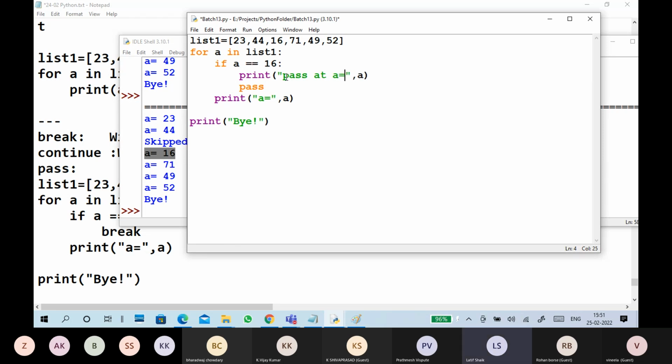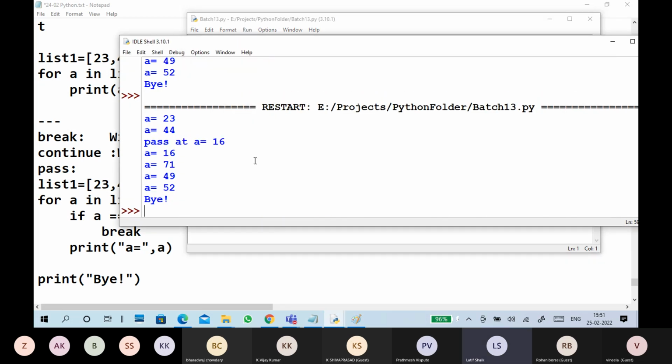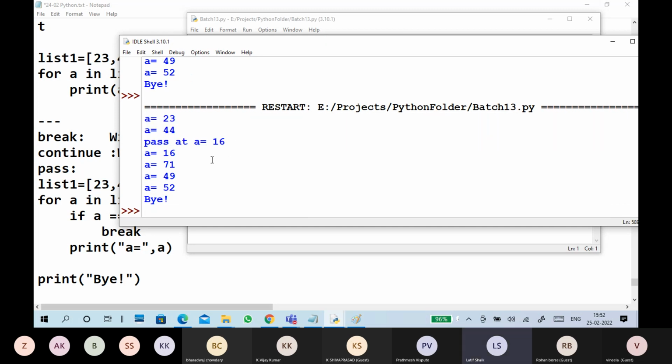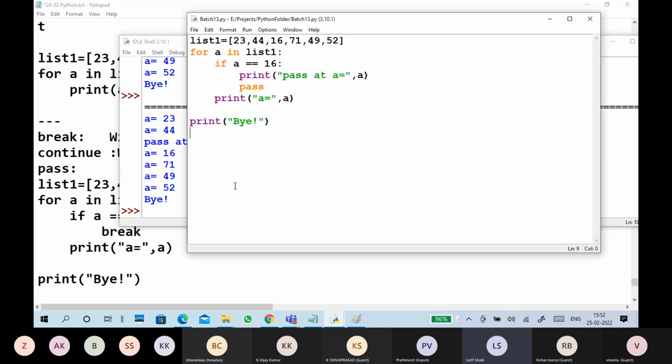Very simple, save, go to run. So what happened? When the condition is satisfied, it does the work and continues without skipping the particular iteration.